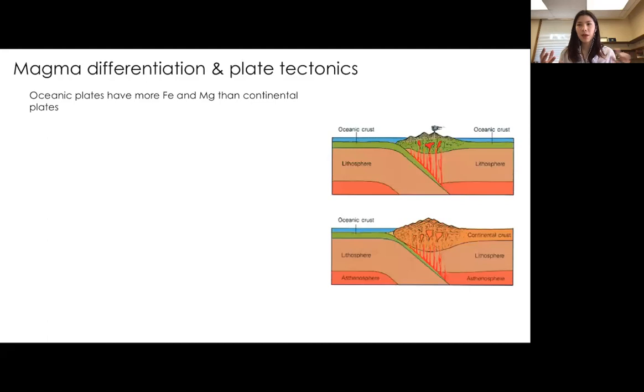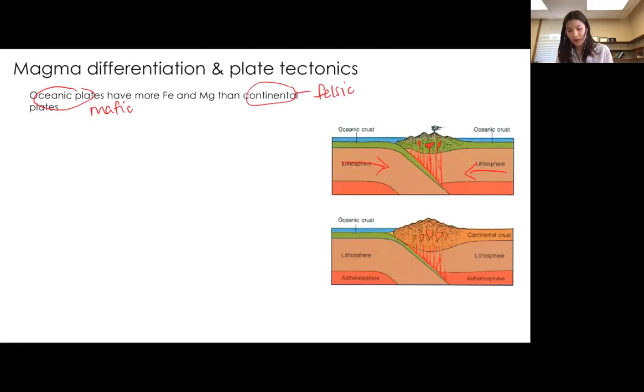And this has to do with how much of the crust the magma has to go through and how much partial melt and fractional crystallization is occurring. So in general, though, oceanic plates will tend to be more mafic and continental plates will tend to be felsic. So if you imagine we have two subduction zones here, we have an oceanic crust colliding